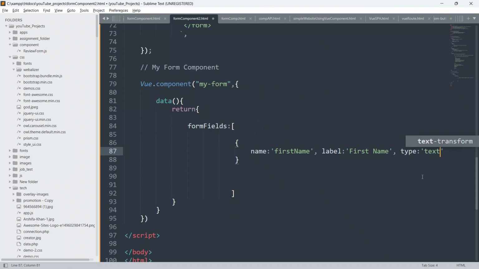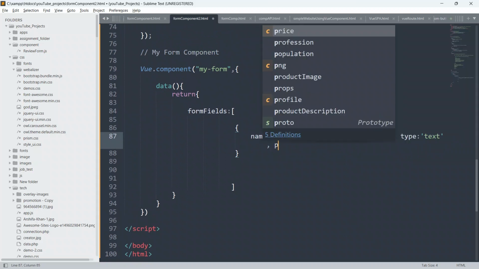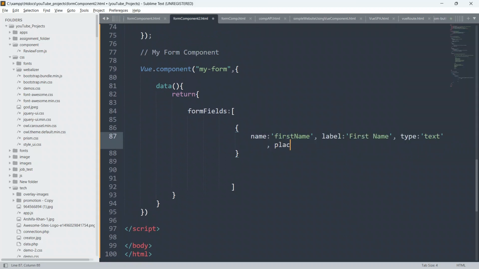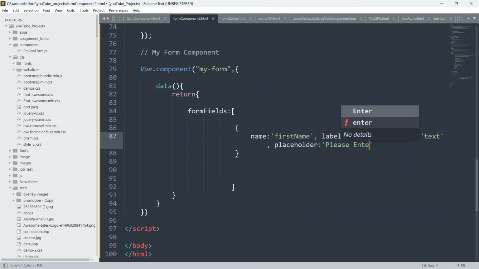So guys, this is the type I am defining here. As you can see here, first name is the type of text. Okay, so I will define the placeholder also. So put comma, and I will say placeholder, put colon, and put single inverted comma, and I will say please enter your name.